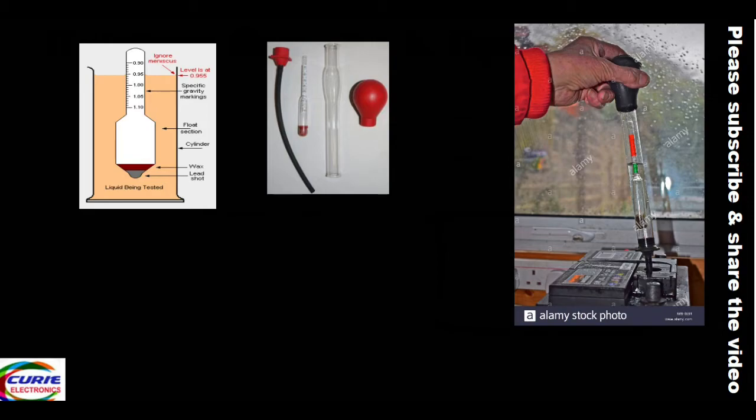See, in this picture you can see this is the hydrometer. This part is the hydrometer actually. In the bottom we can see this gray color. This is the lead shot. This lead shot provides some weight to this hydrometer so that it stands vertically when you put it in a liquid. And wax is applied on top of the lead to hold it.